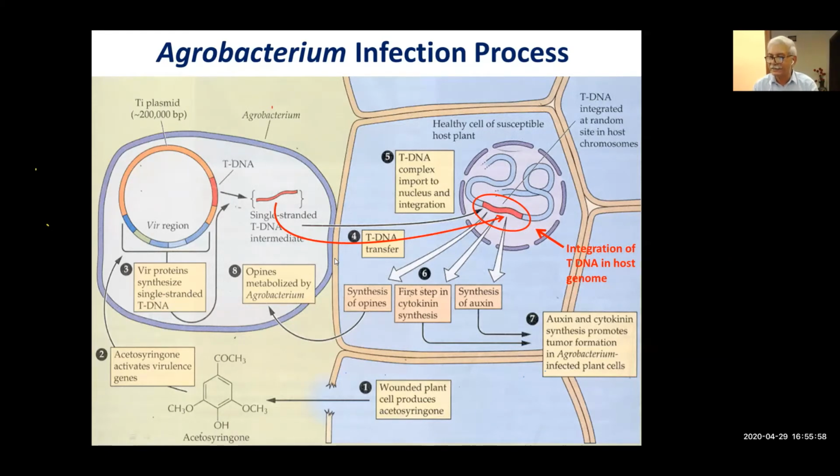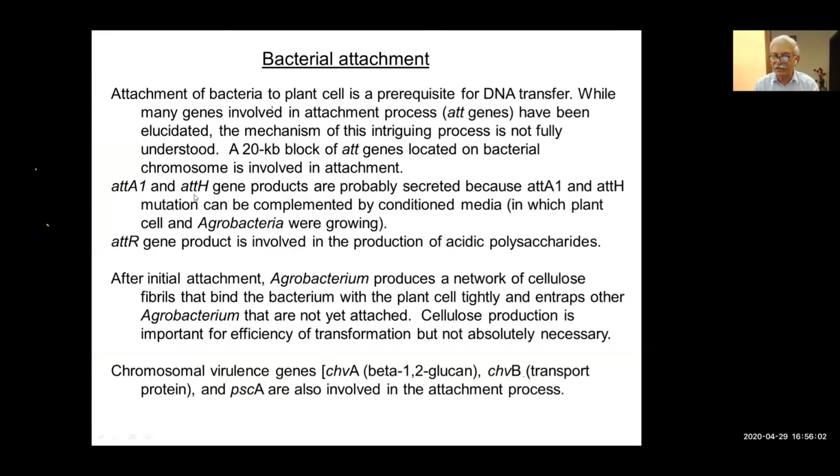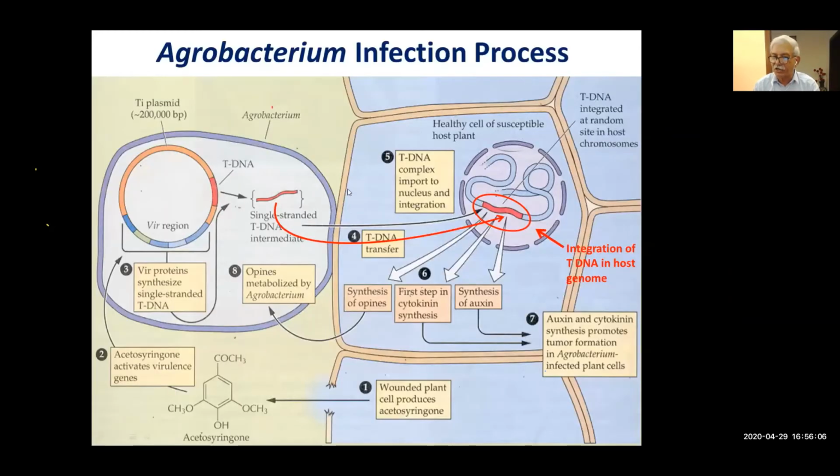Att genes that I just mentioned, Att-A1 and Att-H, they release polysaccharides. These polysaccharides join the cell walls of the bacteria with the plant cell wall. Okay, so this is a kind of covalent bonding between bacterium and the plant cell. And on the other hand,